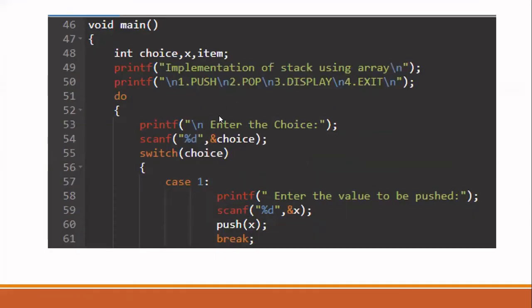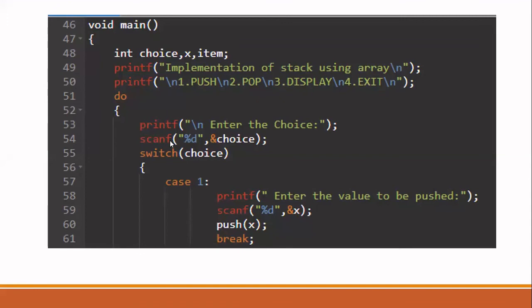So in the main function, it is a menu driven function. I already told you what a menu driven function is. First, you have to display a menu which will list all the choices available to the user. So here I have totally 3 choices to be performed: push, pop, and then display. You give one more choice to exit. When the user types 4, it has to exit from the program. You can use any loop for reading the choice continuously from the user.